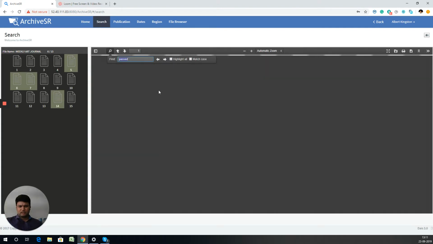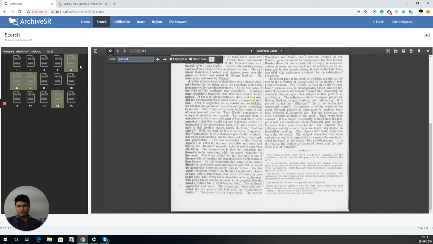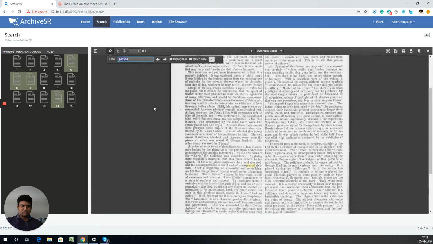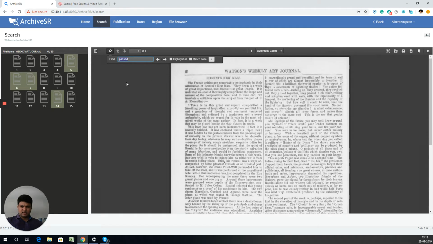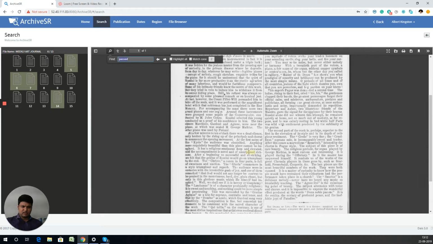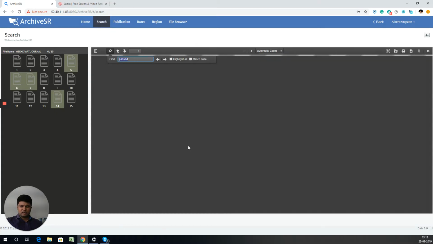Once we select the third one, the word past is searched, and you can see the highlighted thumbnails on the left. The page numbers are 5, 6, 7, and then 14. So all these pages should contain past. You can see on page number 6 initially, which has the word unsurpassed, which matches the case that we have searched here. So let's select the next page, and where you can see,